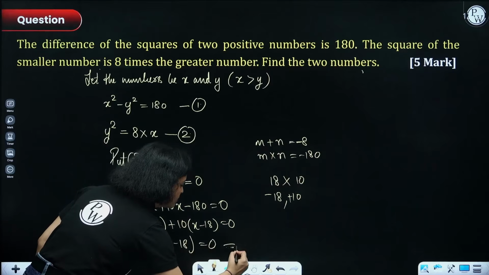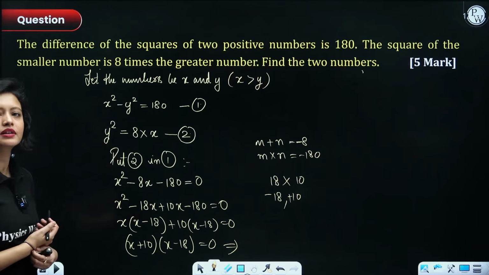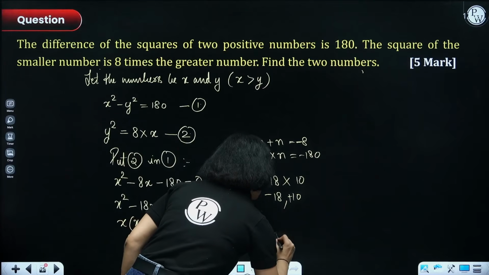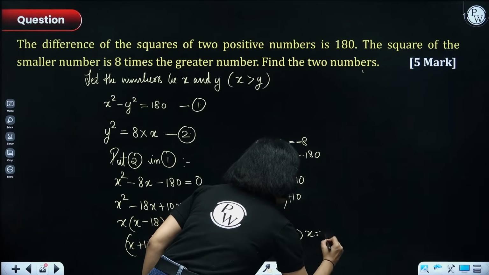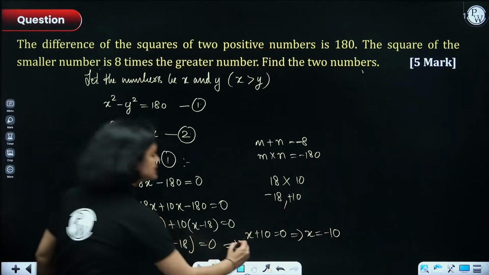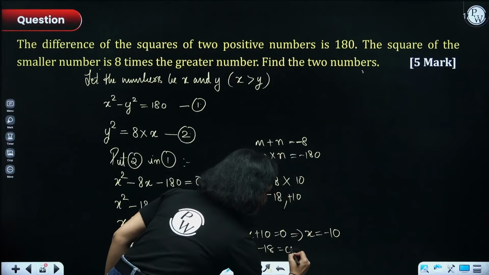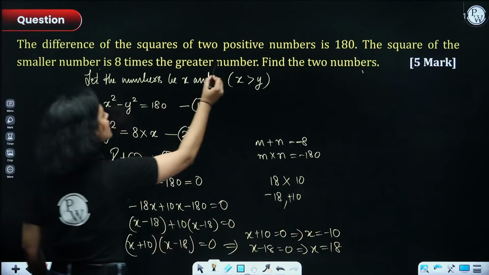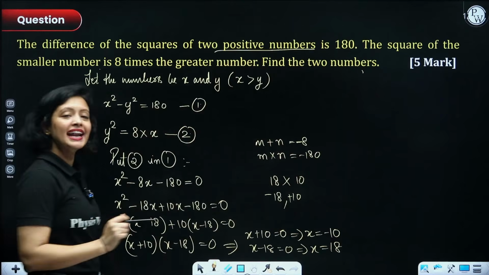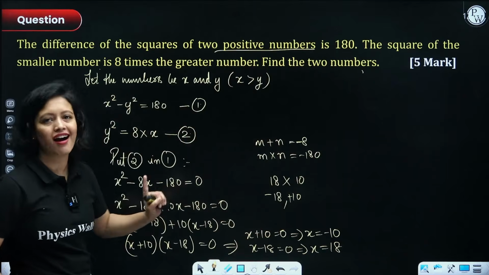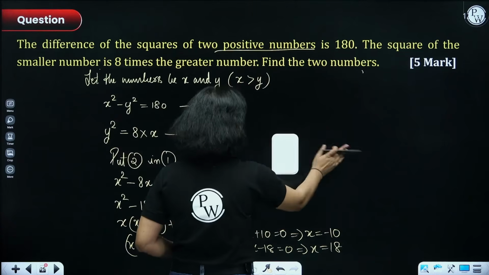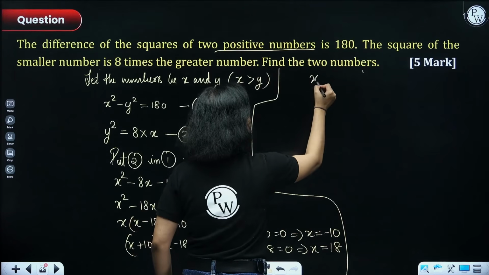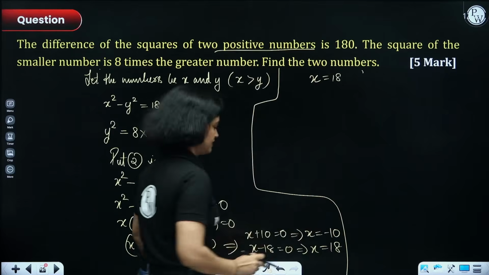Product of two numbers is 0. That means each of the number could be 0, right? So, either x plus 10 is 0. So, x plus 10 is equals to 0 means x is equals to negative 10. Or x minus 18 is 0. That means x is equals to 18. But look here, they were talking about positive numbers. So, can x be negative 10, everyone? It can't be, right? You cannot have x as negative 10. So, that means that the value of x is what? The value of x has to be 18. That's it. Negative 10 is ignored.